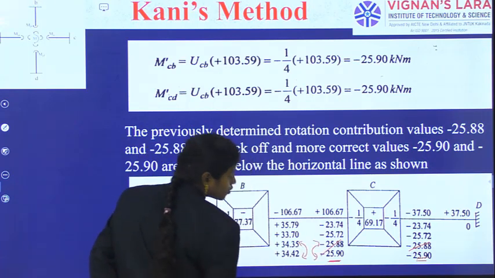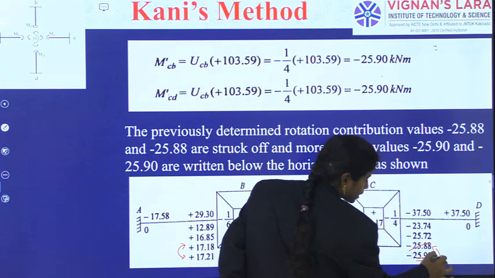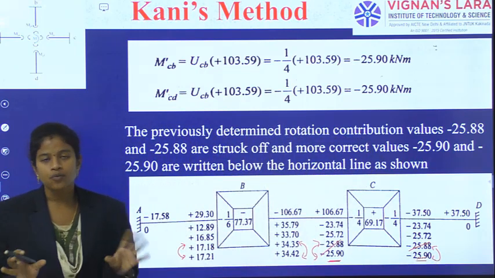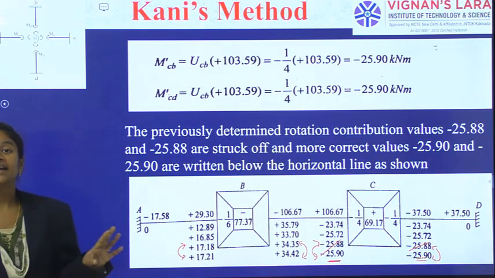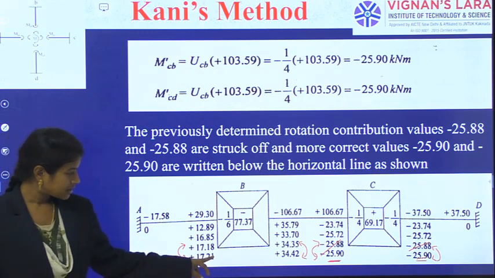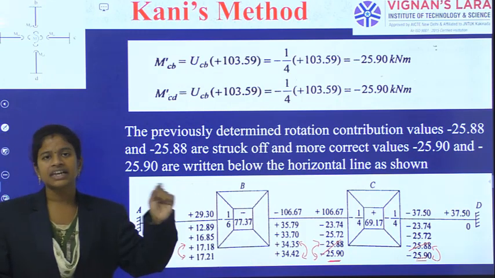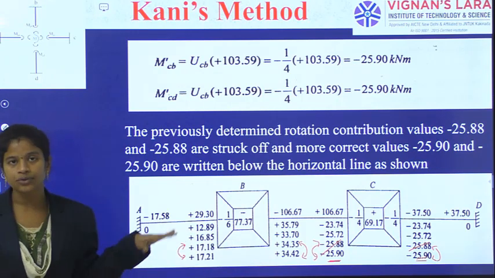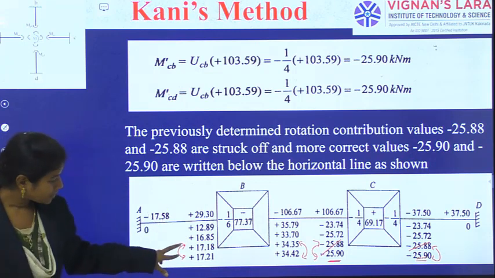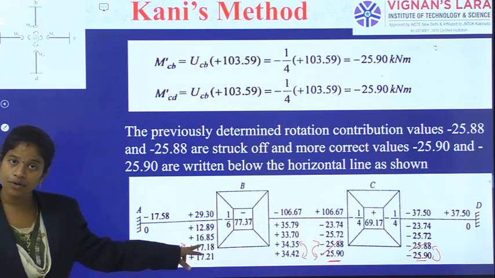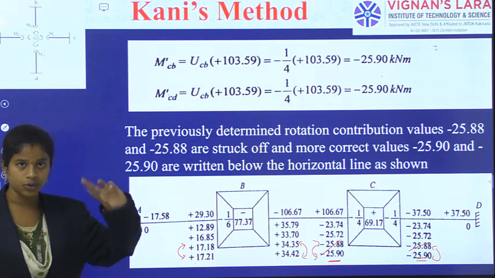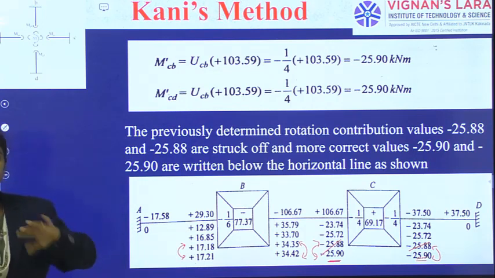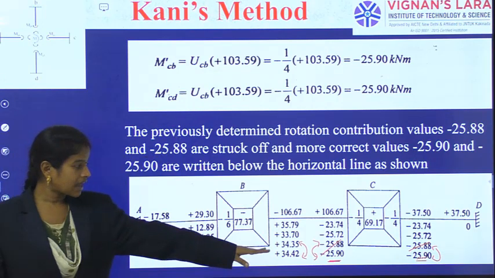Their difference should not be more. These two values should be somewhat nearer. Only a second decimal variation should be there. Such a very small variation is there. Up to that we are going for the cycles. From the particular locations, the above value and the below value are compared, and we will stop the cycles. Okay, in this way I am feeling.